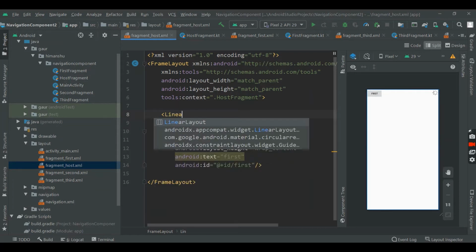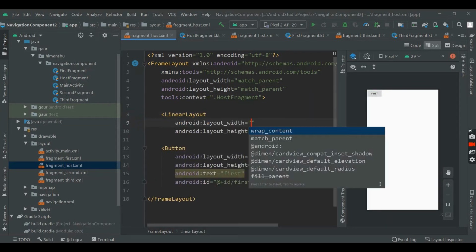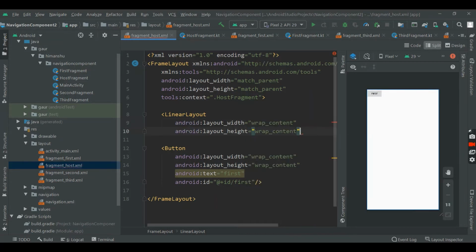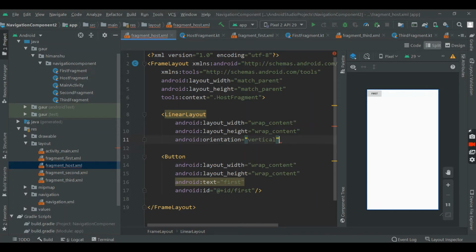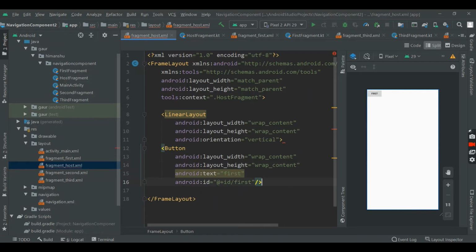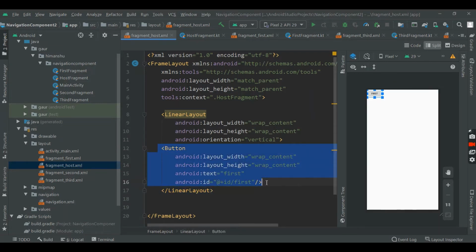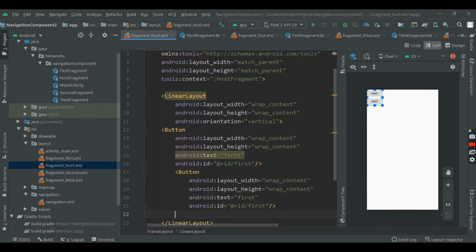Now put these buttons in a linear layout, so width wrap content, height is also wrap content, and our orientation is vertical. Now put this button in this linear layout and copy this button and paste 3 times.